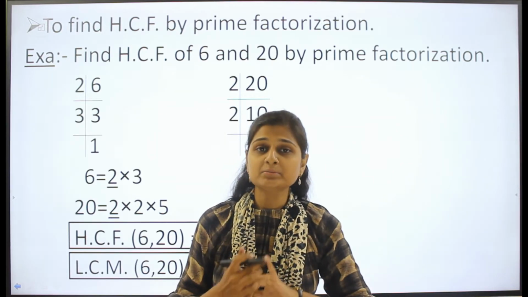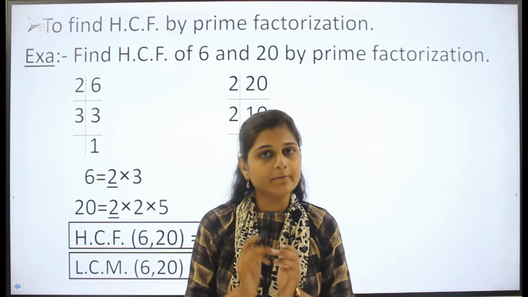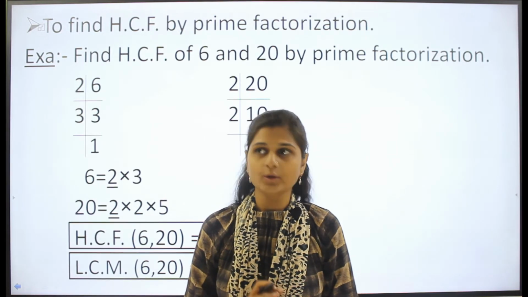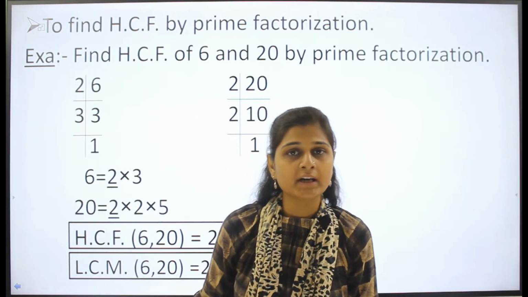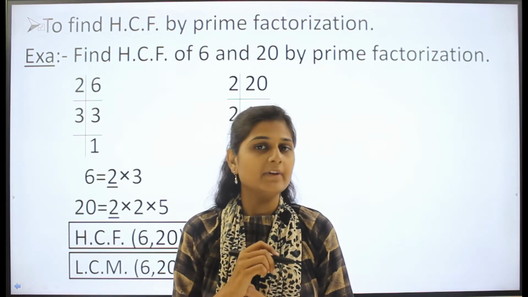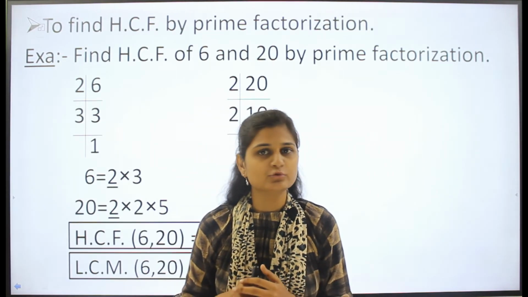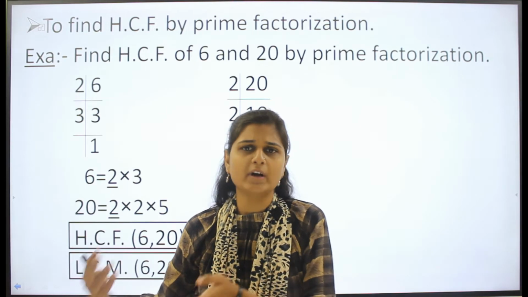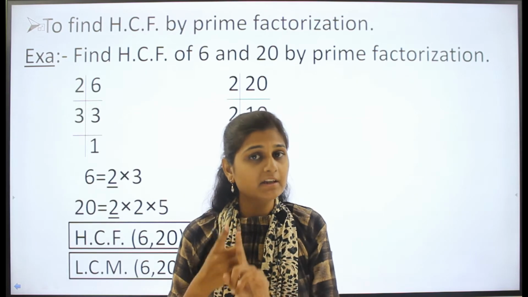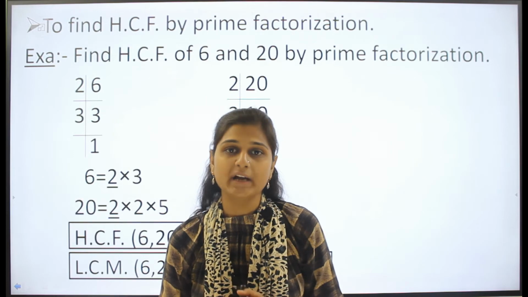Prime numbers are those numbers which are divisible by either 1 or the value itself. You cannot divide them by any other value. For example, take the number 3. 3 is only divisible by 1 and itself, that is 3. Can you divide 3 by any other value? No, we cannot divide 3 by 4, 5, 50, or any other value. So that is a prime number.